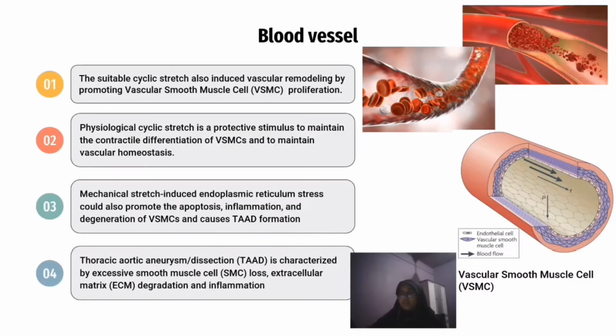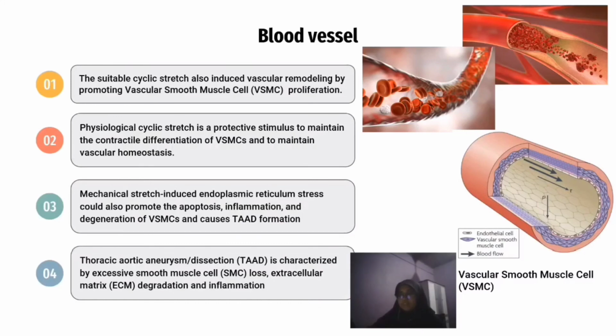In the study by Huang in 2015, physiological cyclic stretch promoted the contractile differentiation of vascular smooth muscle through the sirtuin-1 or Forkhead box protein pathway and maintained vascular homeostasis. Physiological cyclic stretch is a protective stimulus to maintain the contractile differentiation of vascular smooth muscle and to maintain vascular